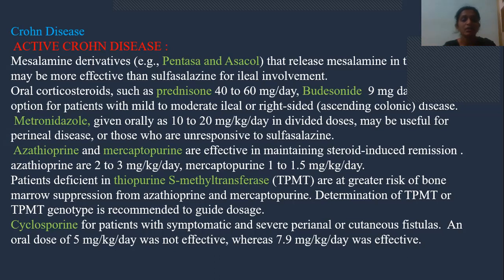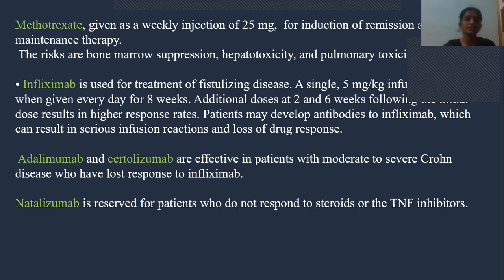When we give 5 mg per kg per day, the dose is not effective. That means it is not sufficient. Only when we give 7.9 mg per kg per day was that dose found to be effective in perianal cutaneous fistulas. And then methotrexate, it is also an immunosuppressive agent which is given as a weekly injection of 25